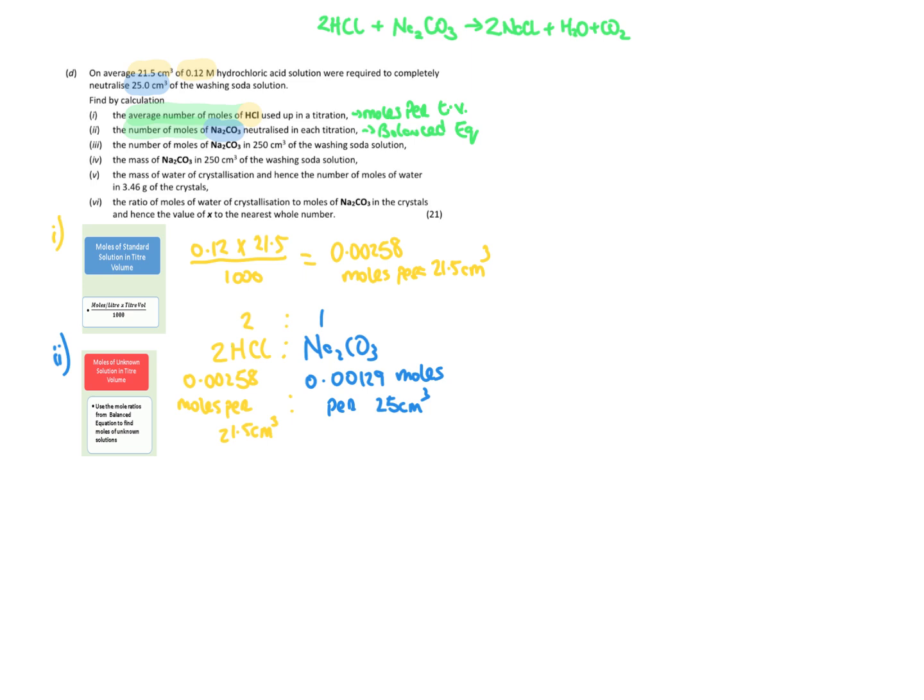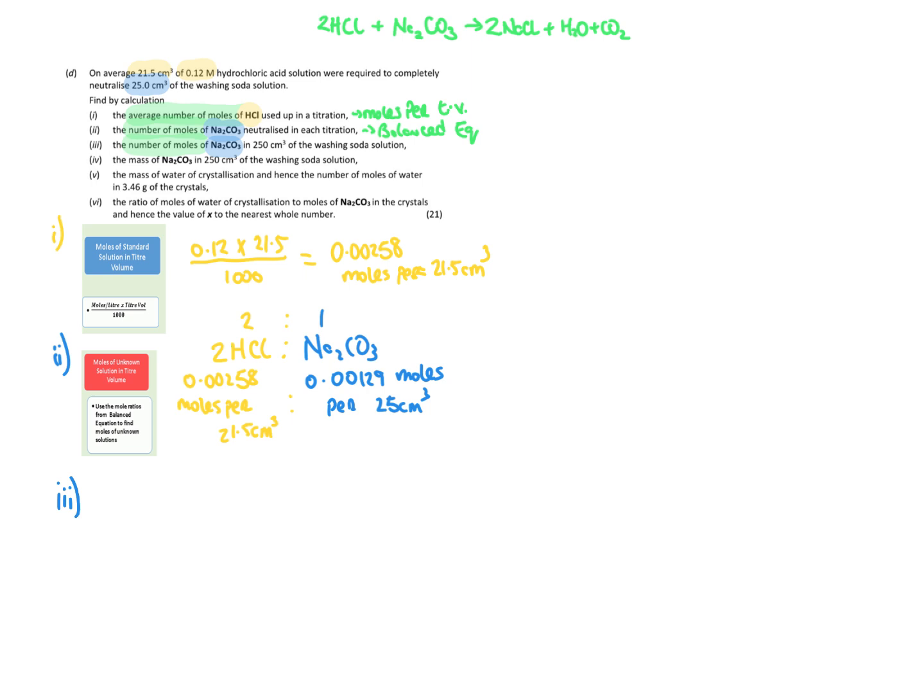So if we take a look at part 3 then, part 3 is asking you for the number of moles of your Na2CO3 in 250 centimeters cubed. Now, this is basically the third step of first principles, because the third step of first principles asks you to find the molarity of your unknown solution. But molarity would mean moles per litre, but here they're only asking you for moles in 250 centimeters cubed. So rather than going to your last step of your first principles, there is a very easy quick step that